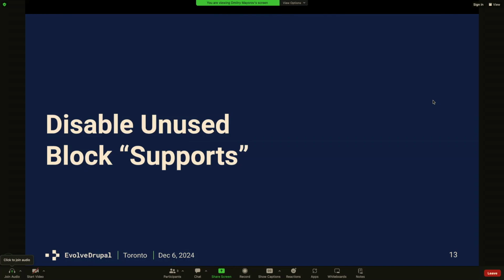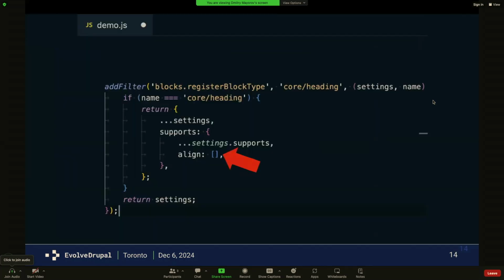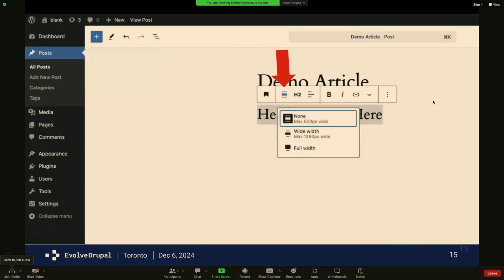For that, WordPress has a feature called wide and full width, but it's enabled on multiple blocks by default. And if, for example, you don't need that feature on the heading block, there's an API to disable that. You don't need to read all the code, but the main line here is that you can just take over the default supports object and place an empty array there,